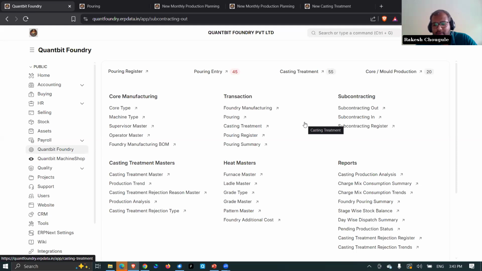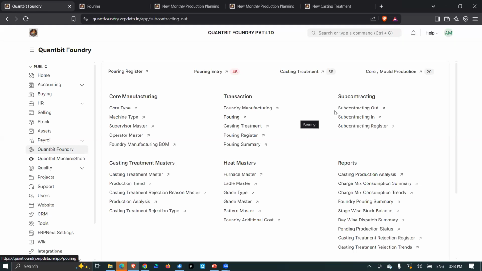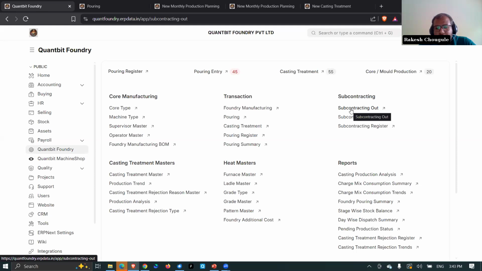We have developed the machine shop as another module altogether. In that, there is an available option that the machine shop can subcontract to another vendor for machining or some other processes. Can you please show me the flow of how it is done? Yes, I will show you the subcontracting process flow. In foundry and in machine shop, in both cases, the process of subcontracting is the same. So, in subcontracting out, first of all,